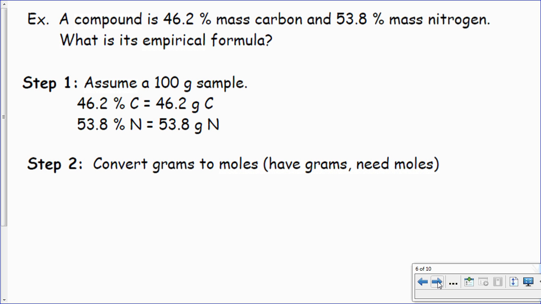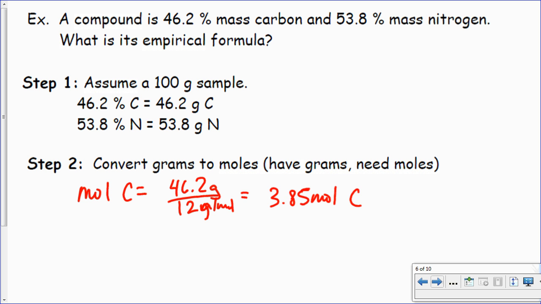Step two is a little tough because we have to use our calculator and our periodic table to get those grams into moles. So moles carbon is going to be equal to 46.2 grams divided by 12 grams per mole. That is the atomic mass from the periodic table. So 46.2 divided by 12, that's 3.85